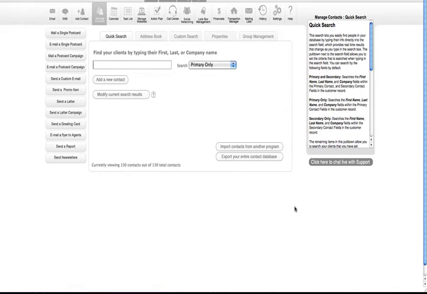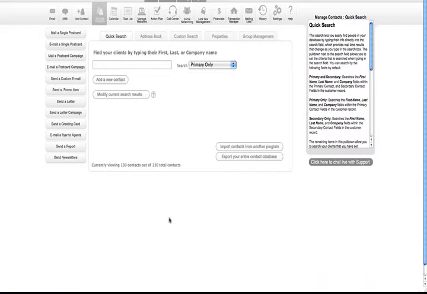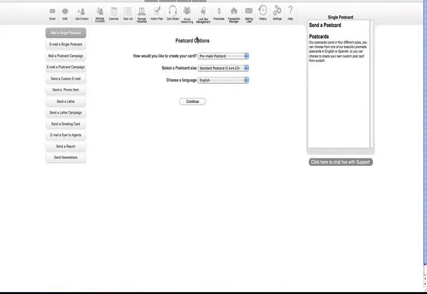Using the Custom Postcard Creator. Welcome to our Custom Postcard Editor. This feature cannot be used on Internet Explorer, so make sure you're using another browser such as Mozilla Firefox, Google Chrome, or Safari. This feature is available through direct mail or email, but in this example, we will be demonstrating direct mail. So I click Mail a Single Postcard, and then choose Custom Postcard Creator to move straight to the